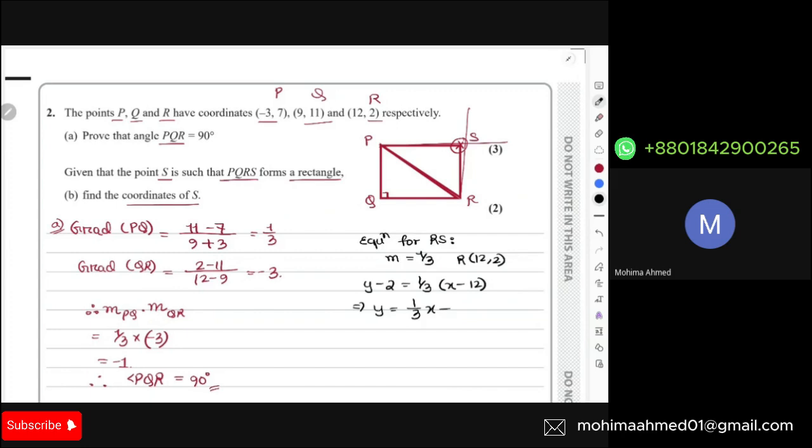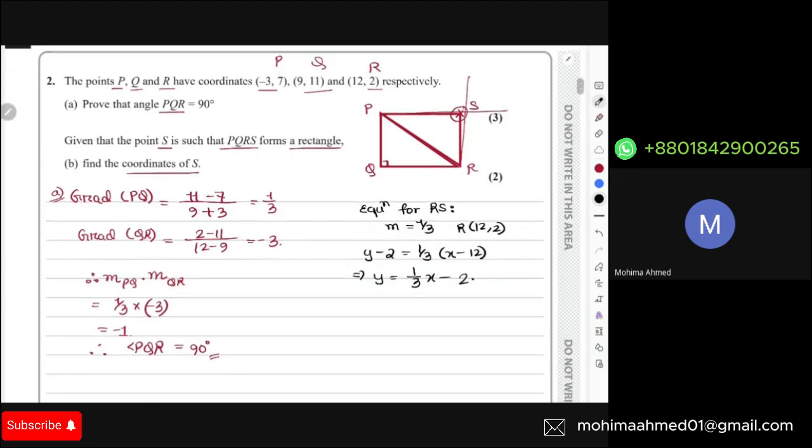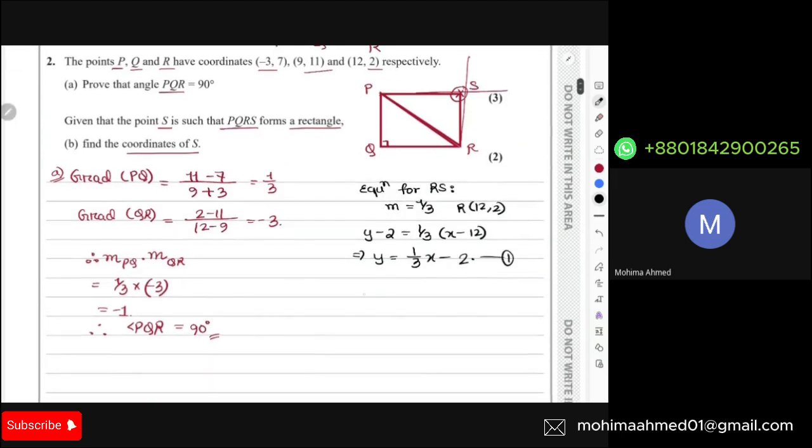12 by 3 is minus 4, plus 2 is going to be minus 2. So this is one equation that we got. And again, if you want to find out the equation for